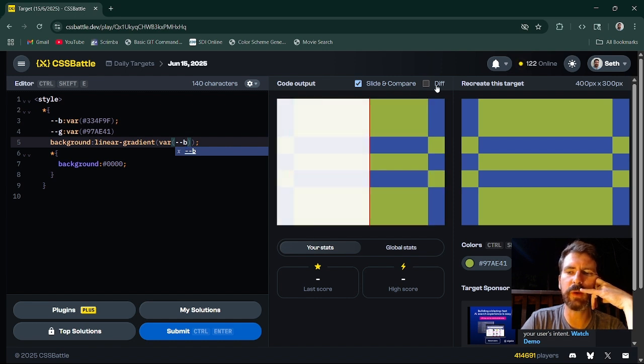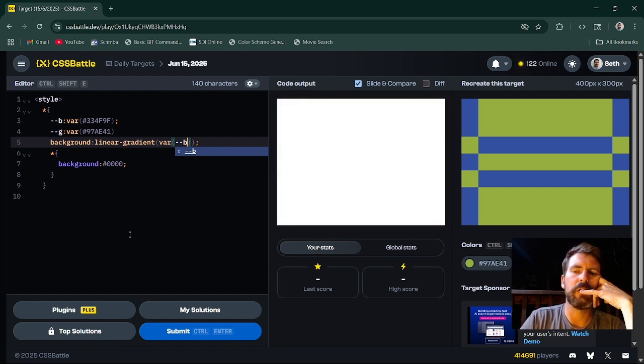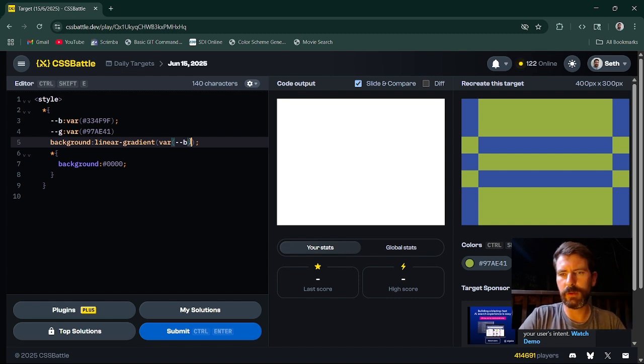I might be able to get away with 3. And then position and size, but let's just start chasing this down the road and see what happens. 100 pixels, right? That's our first color stop. And then we're going to go